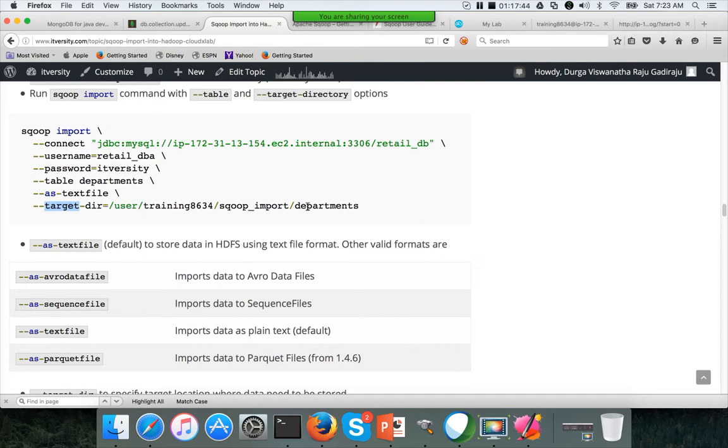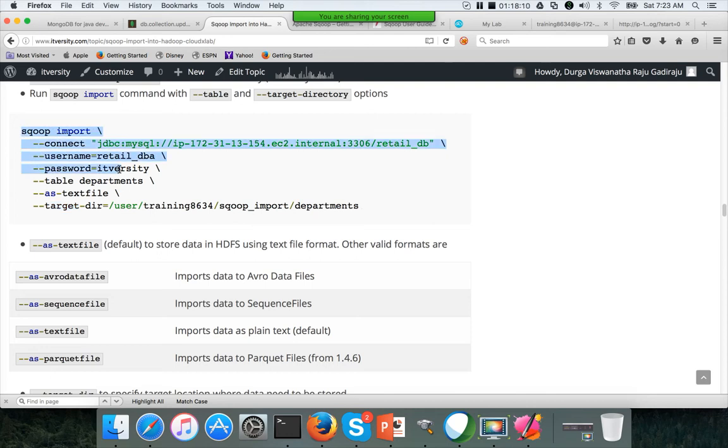When you specify the target directory, you have to tell which directory the data has to be loaded into. It will not create a subdirectory. You can use warehouse directory also as part of the Sqoop import command. When you use warehouse directory, and if you give this path, it will create the subdirectory with the table name, which is departments, and then load data into it. If you just specify target directory, it will directly load data into this directory.